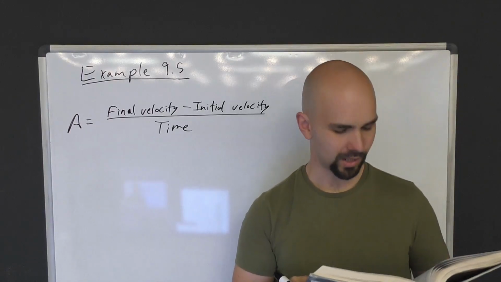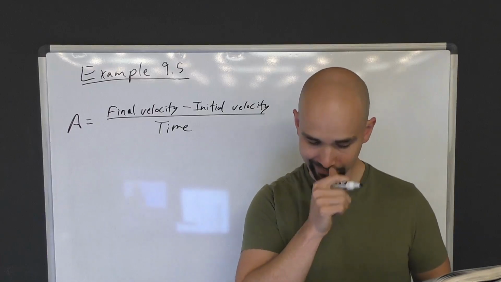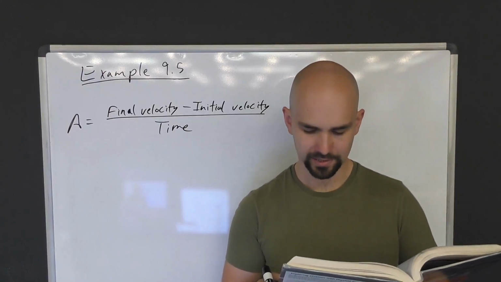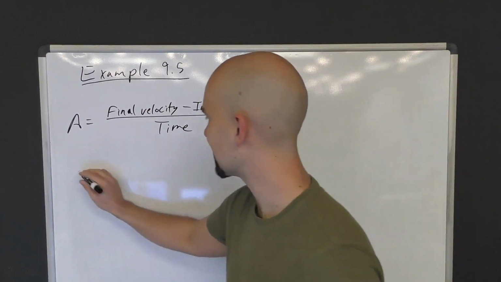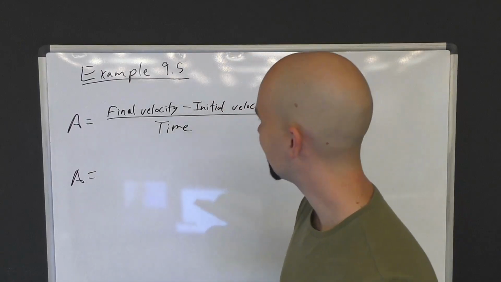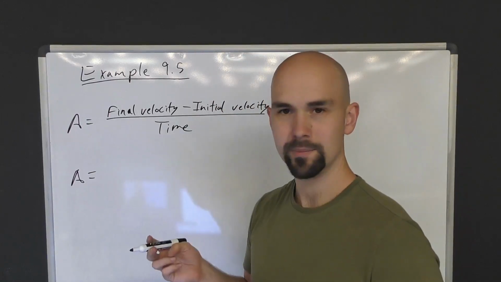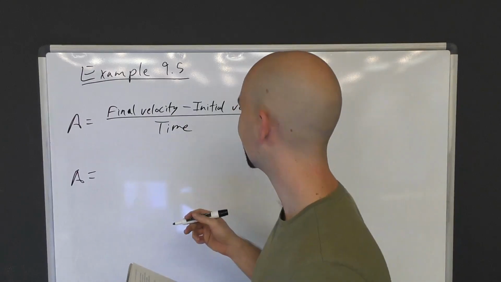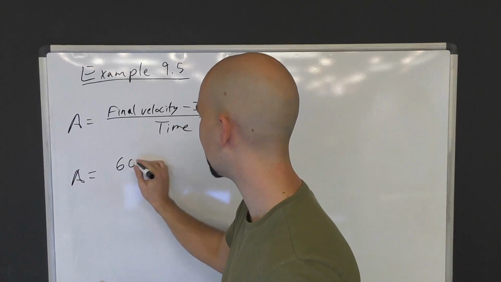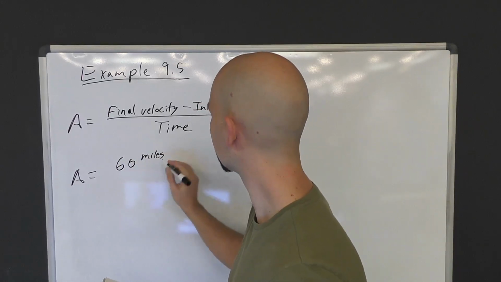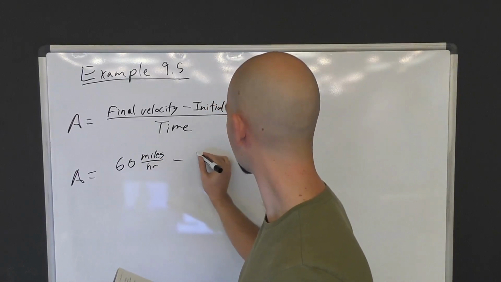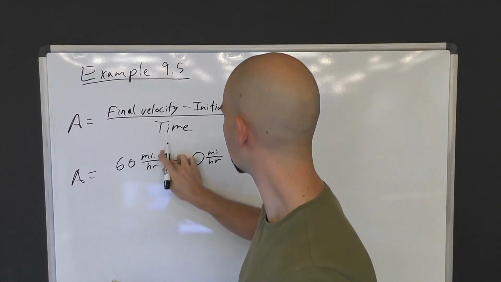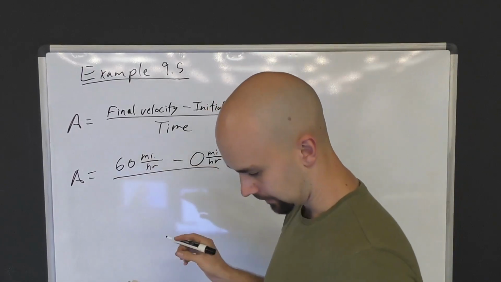All right, next acceleration problem, we have example 9.5. A sports car travels from 0 to 60 miles per hour north in 6.1 seconds. What is this acceleration? All right, so again, if it doesn't seem like they gave you all the information, they really did, because if he goes from 0 to 60 miles per hour, that's a very concise way of saying that he started with 0 miles per hour and went to 60. So 60 is his final. And his initial is 0. And that was in 6.1